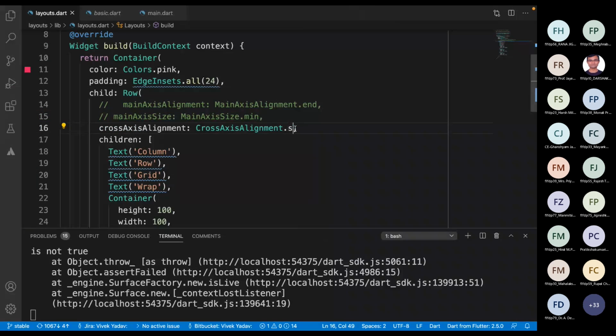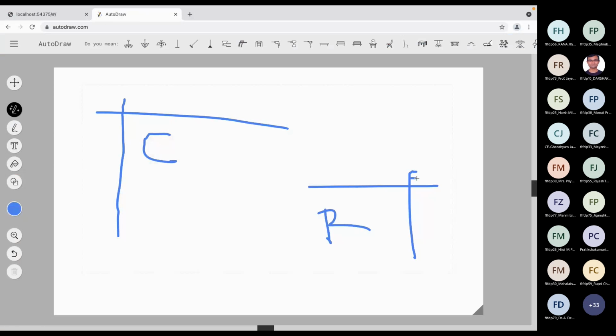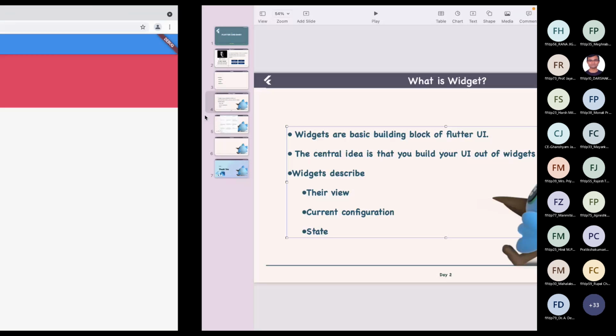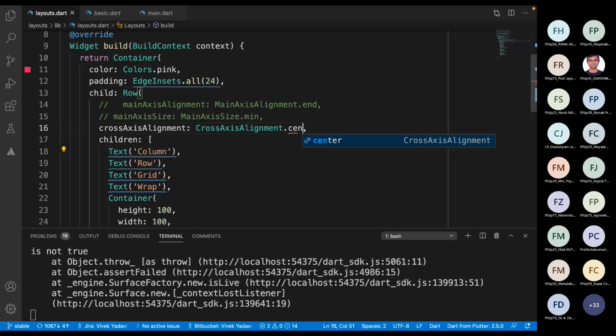And if I write start and restart it, we can see it just moves ahead. So right now it is on top. Are we understanding that? Here, this is the cross axis element. For start, it is here. For end, it is here.